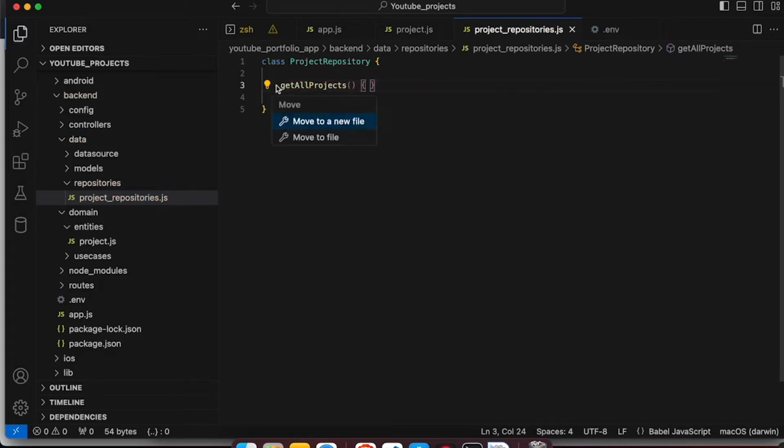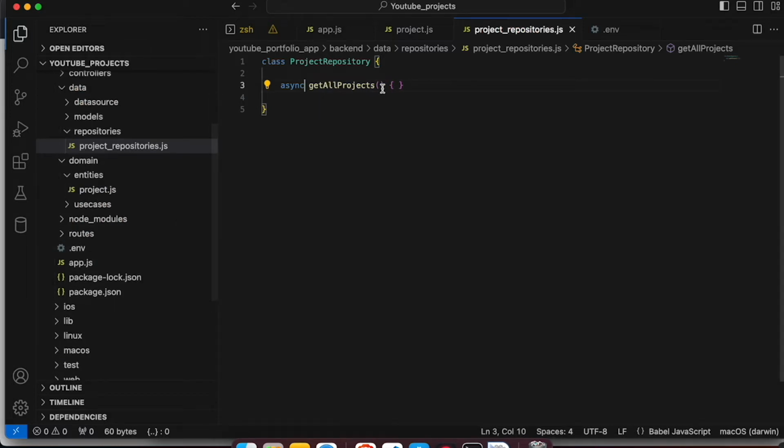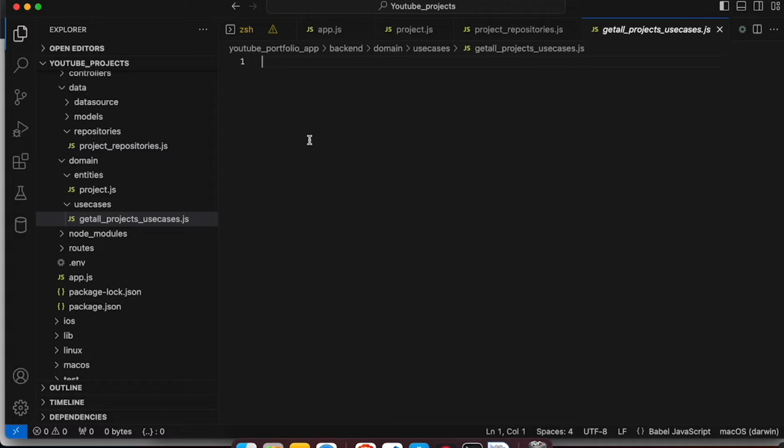This could be an asynchronous method because we have to call our server, so I declared it as an async method. We will firstly define our use cases. So once we have this project repository, we have one method as of now, get all projects. Okay, let's come to our use cases. We have one use case which